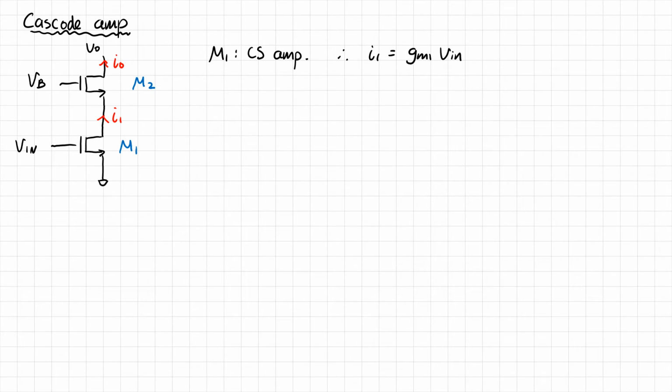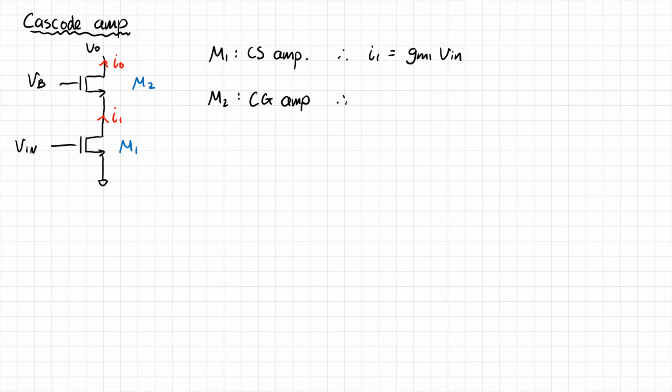Whatever voltage comes in at the input, this generates a corresponding current running through the amplifier. M2 is effectively a common gate amplifier, right? It has a current coming into its source, and we are looking at the current flowing out of the